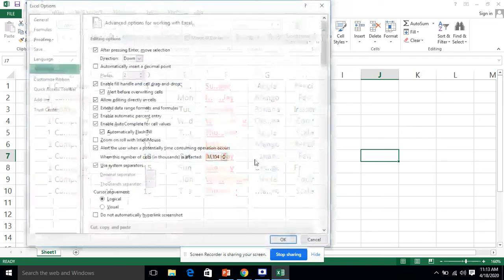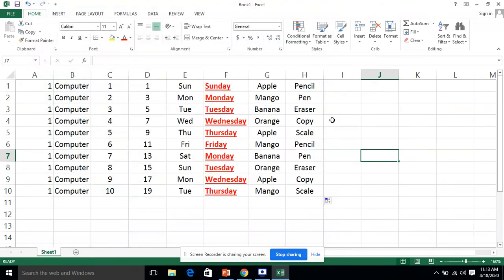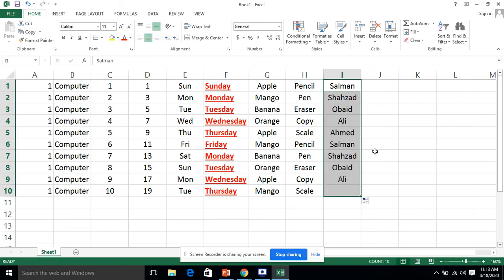Okay, fine. Now if I write Salman and drag it, the names will come accordingly. After Salman, there was Shehzad, Ubaid, then starting from Ali, Ahmed, Salman. It will be repeated again and again in this way. This is how we can create our own series.